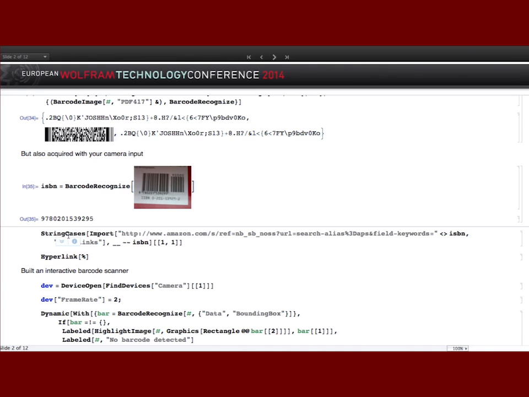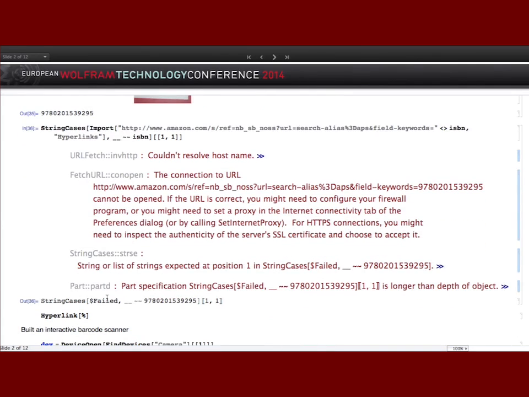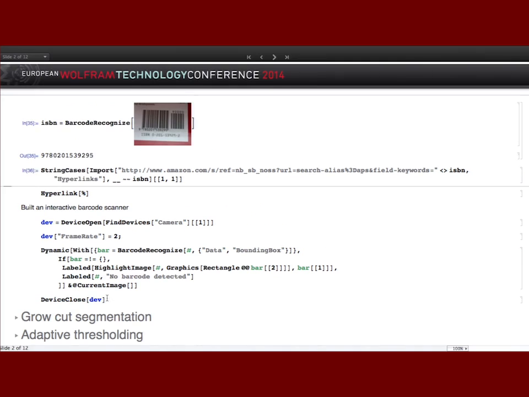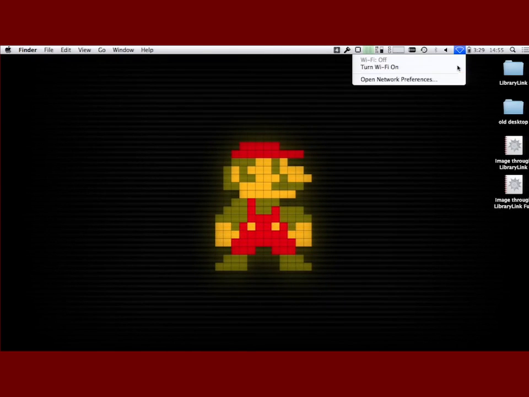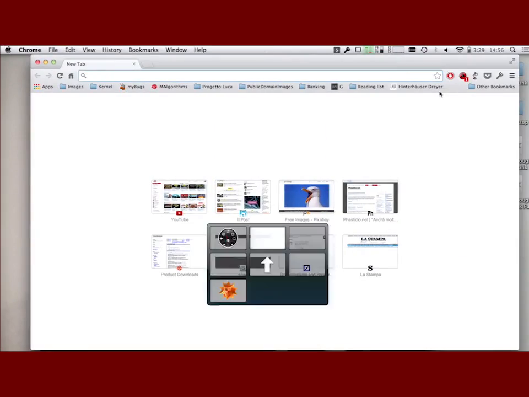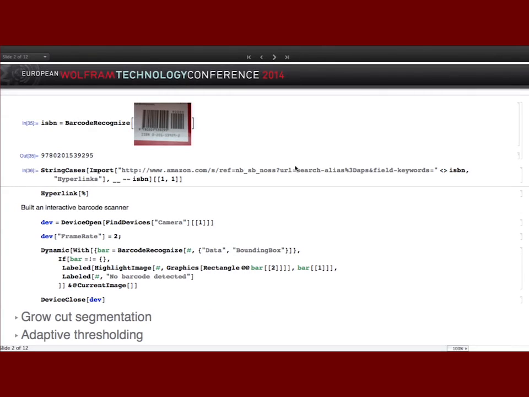You can use the ISBN to look up the book. Let me see if I can make this work. Probably I have to restart this hotel connection. Let's leave it for now, it's not so important. You can do a query on the web for the ISBN and get back the page from Amazon where you can order the book or something like that. And with this new